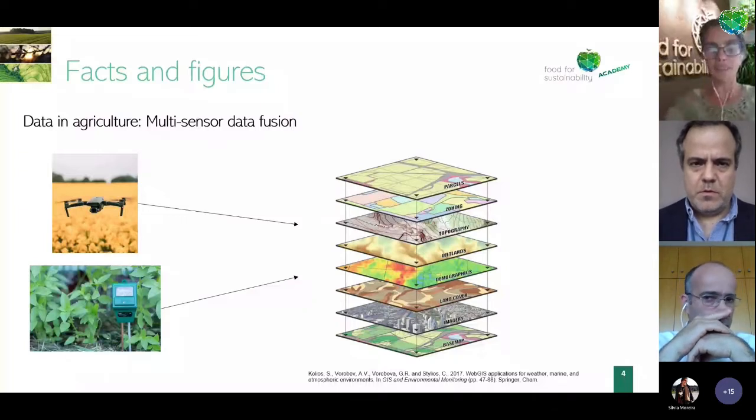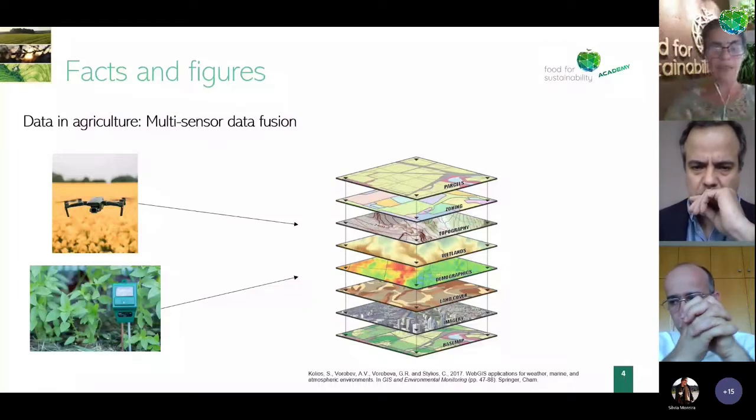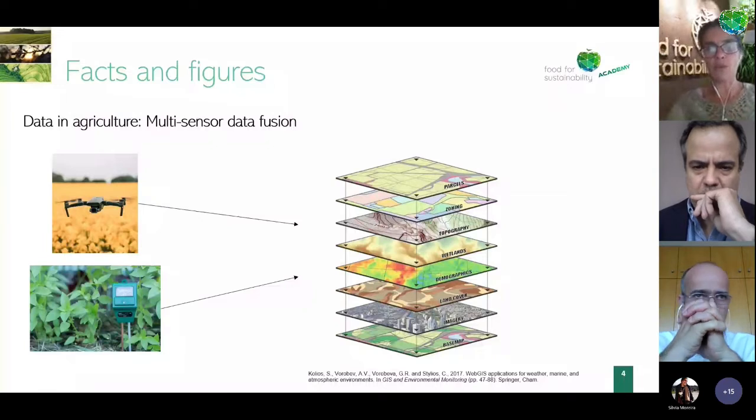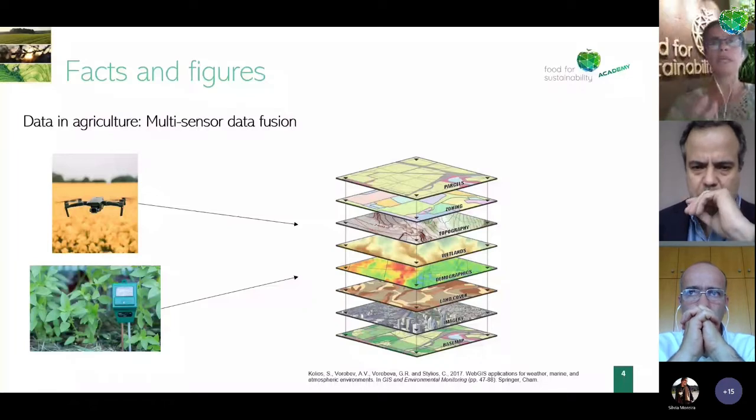The data is often gathered in several formats. You know, the sensors don't communicate. And let me just remind you what we have seen last week with the Farm Cloud, with their technology to enable these sensors to start communicating by breaking the protocols that the manufacturers are so keen to maintain. So that we do have